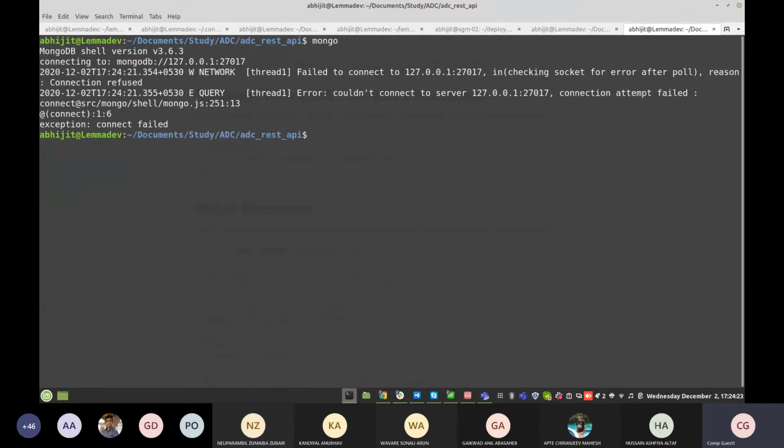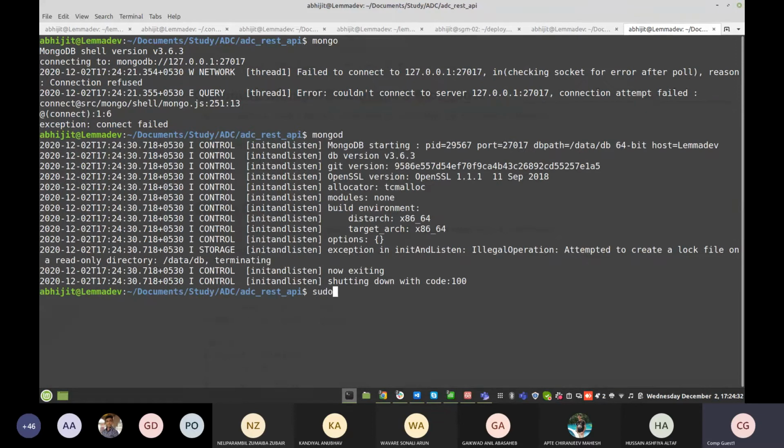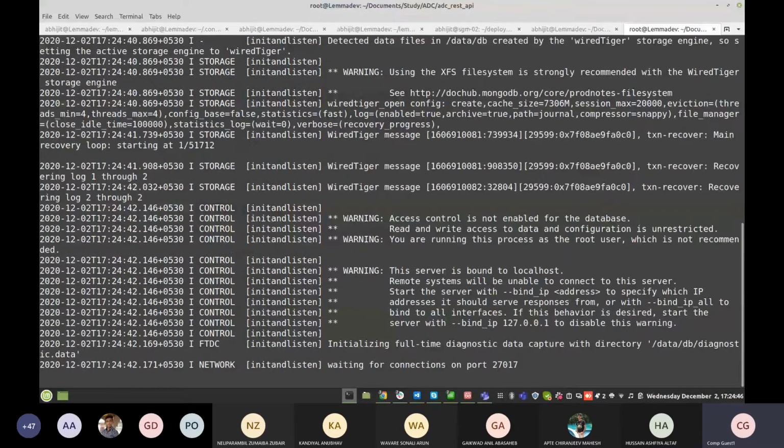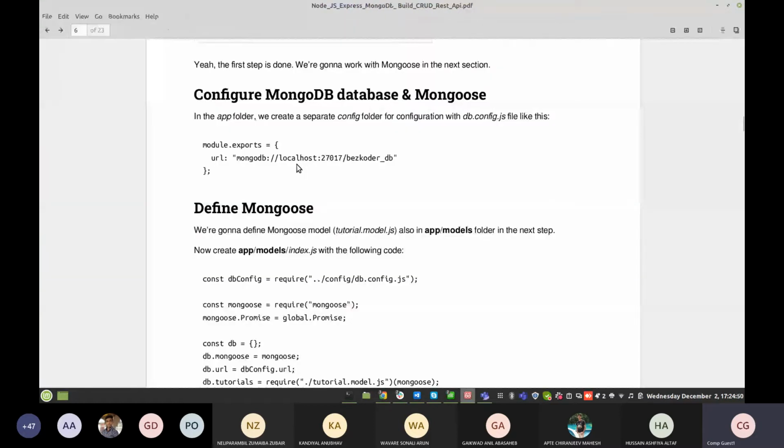It is not connected because it's not running right now, so I need to run it first, with sudo -s, then mongod. The default connection port is 27017, and then you can specify the database you need to use inside that.